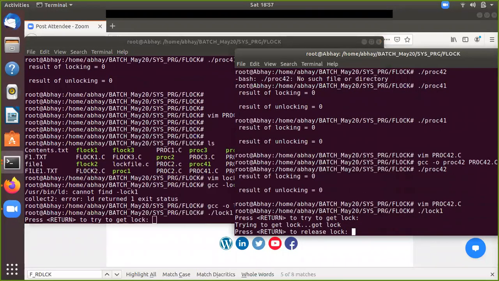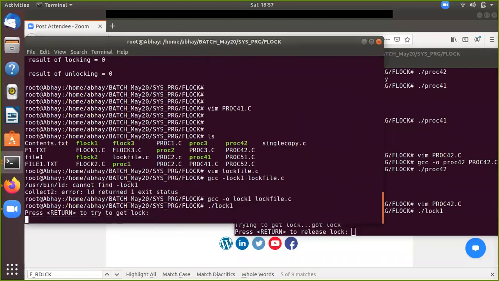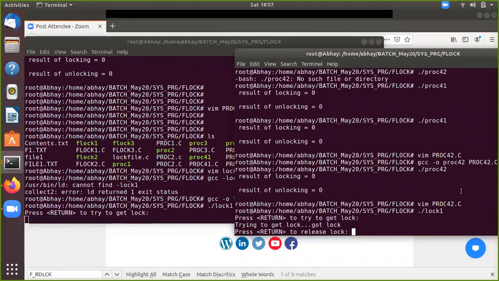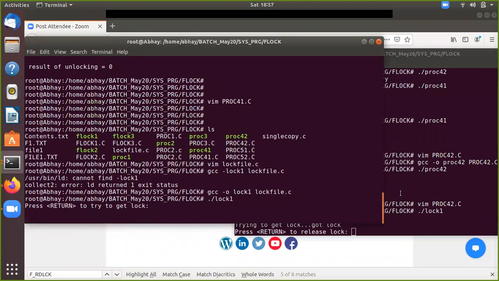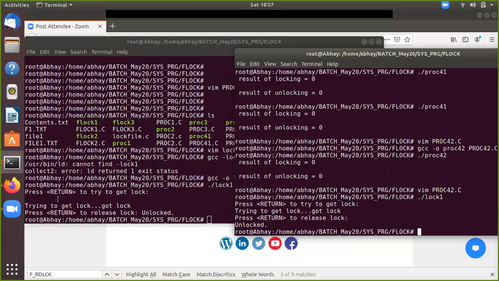One is trying to get a lock, got the lock. This one will still be waiting. Whoever has come first has got the lock. Now if I press enter, it will release the lock. If I don't, it will keep on blocking. So this one got the lock. Trying to get the lock, press return to release the lock.